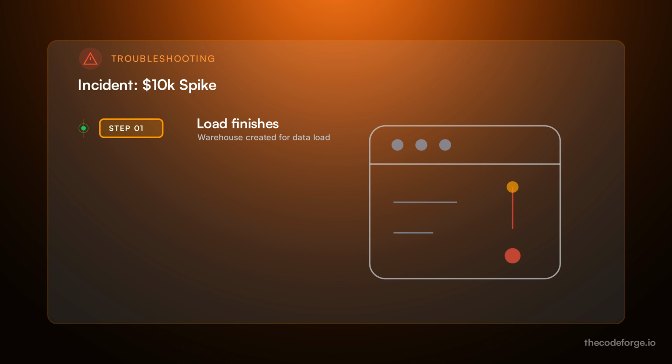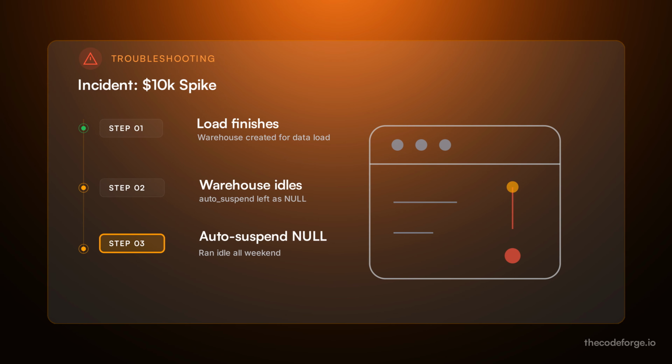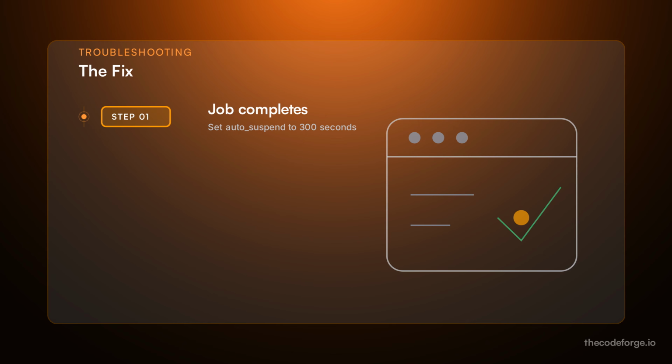Here's how it played out. A developer created a warehouse for a data load job but forgot to set auto-suspend. The warehouse kept running after the job finished, consuming credits all weekend. The fix was to set auto-suspend to 5 minutes and enable auto-resume, with a resource monitor to cap credits and